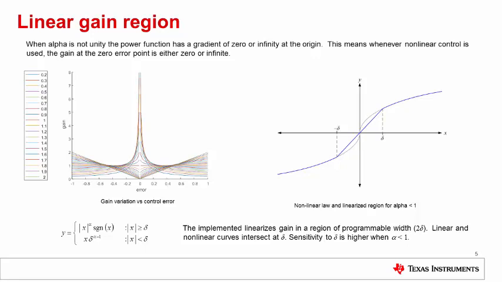Therefore, to ensure good performance, we need to manage the gain around the origin carefully. The NLPID does this by fixing a region symmetrical with the origin and applying a linear gain there. The semi-width of the linear region is denoted by delta, and the linear gain in this region is chosen such that the linear and nonlinear curves intersect when the input equals delta. This ensures we have a smooth, glitch-free transition between linear and nonlinear regions. The linear region gain is named gamma and is computed in the assembly file dcl_calcgamma.asm mentioned earlier.